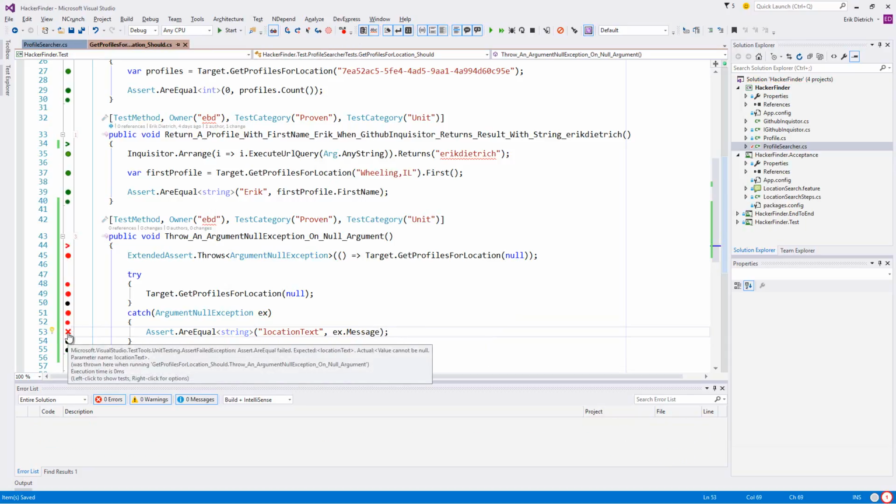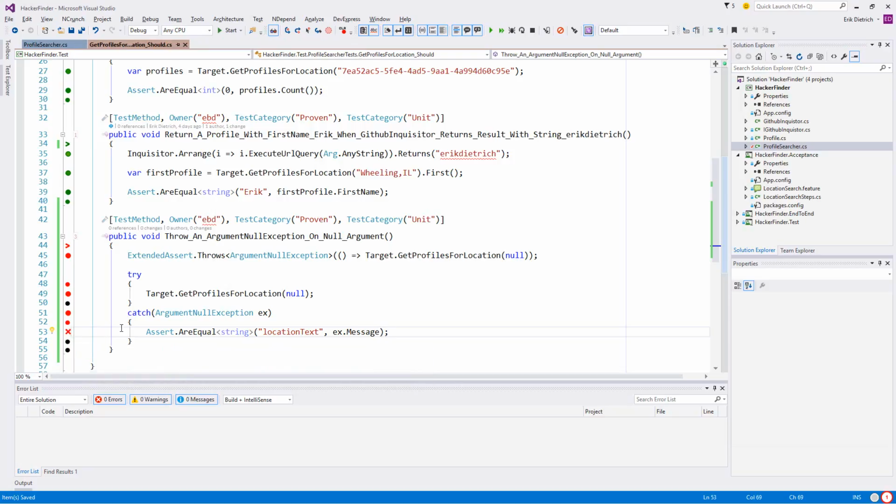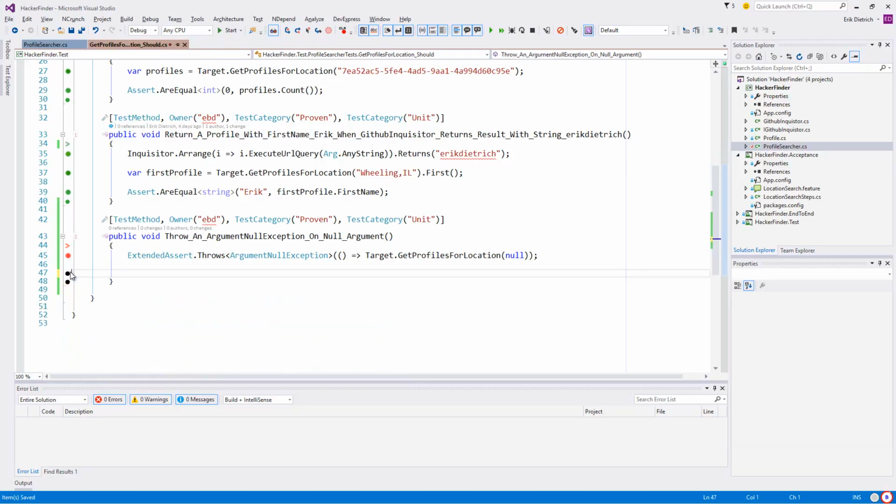It's not. Oh, that's interesting. So, it is doing it. Parameter name, I don't know if you can see it there easily, but the message says expected location text. Actual was value cannot be null, parameter name, location text. So that satisfies my curiosity.